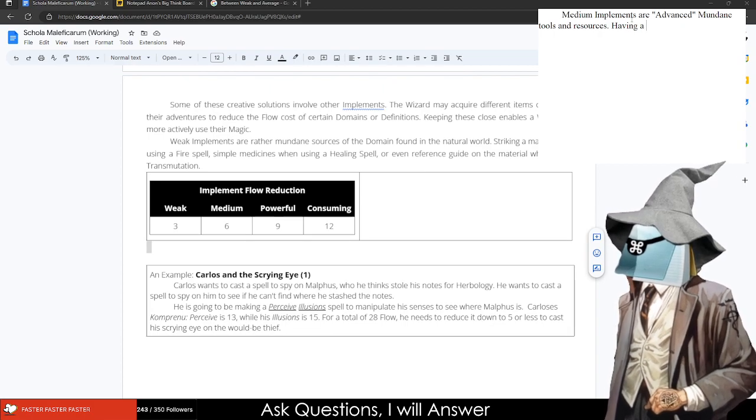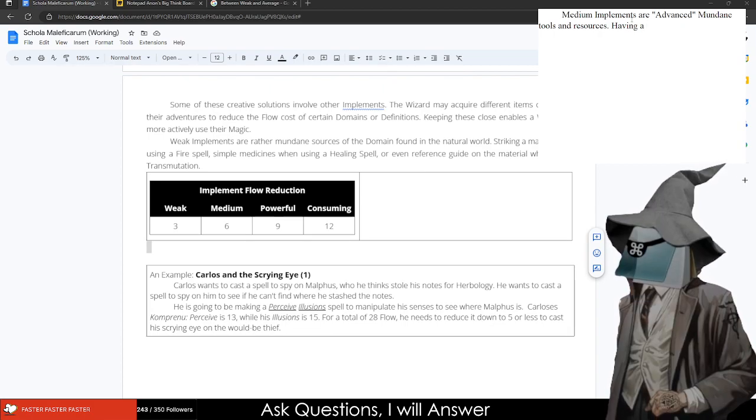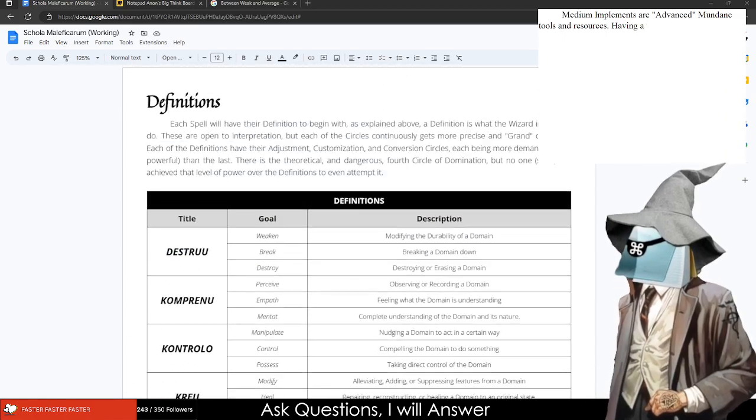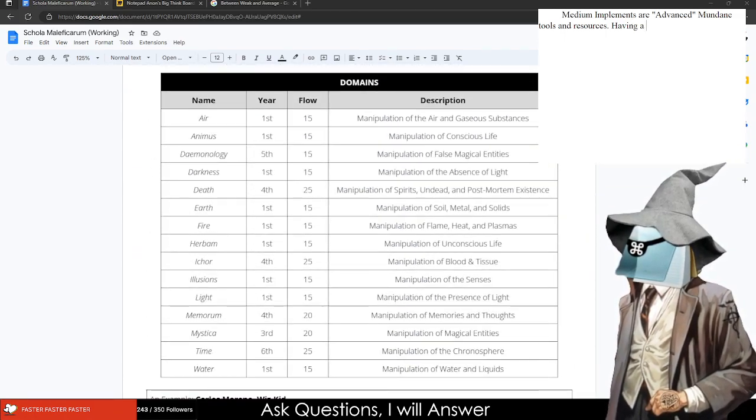It would be having a, for example, domain, cultivating a